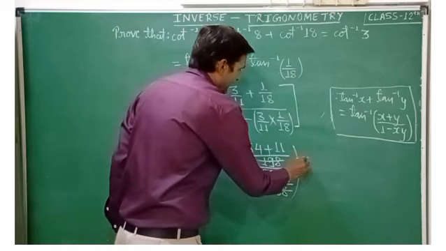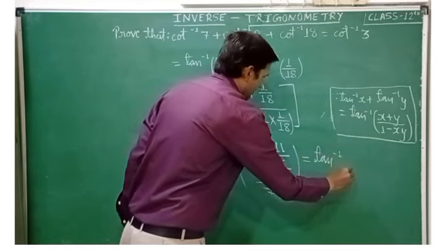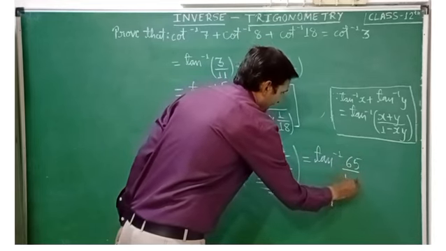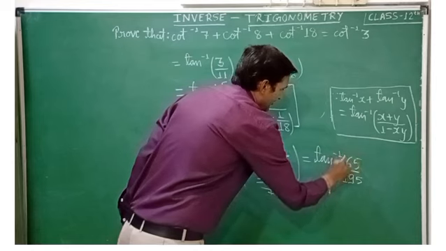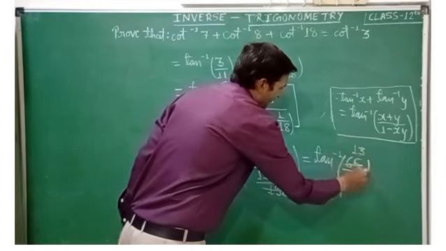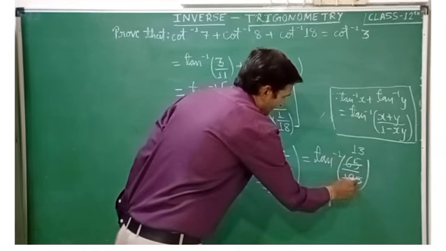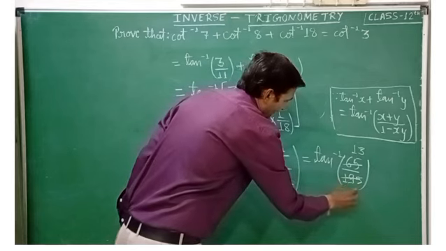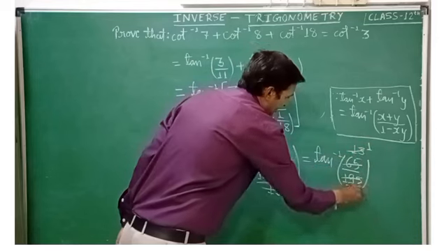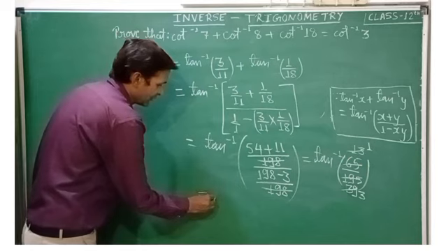So it will be tan inverse 65 upon 195. Now 5 1s are 5, 5 3s are 15, and 5 3s are 15. 5 3s are 15 and 5 9s are 45. 13 1s are 13 and 13 3s are 39. So it will be tan inverse